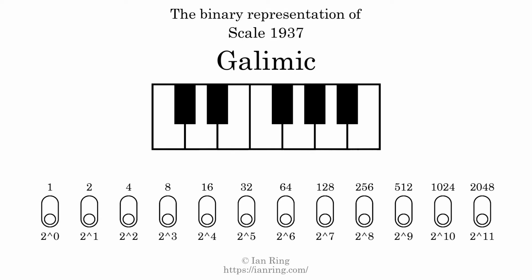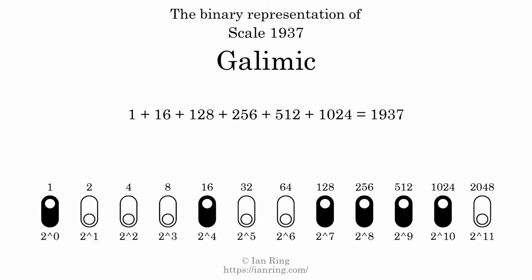The binary representation of this scale is determined by mapping tones of the scale to binary digits. Each binary digit represents a power of 2. To get the scale number, we add the powers of 2 together. The powers of 2 that are present in the scale, all added together, equals 1937. That is why the scale number, in decimal, is